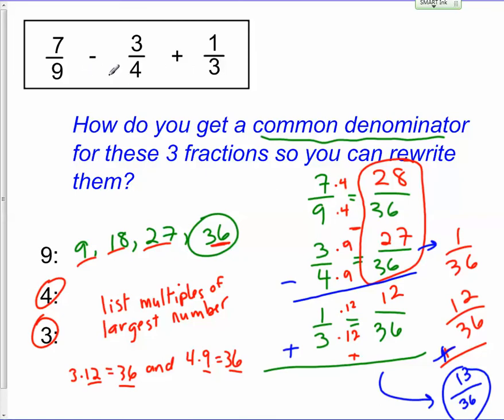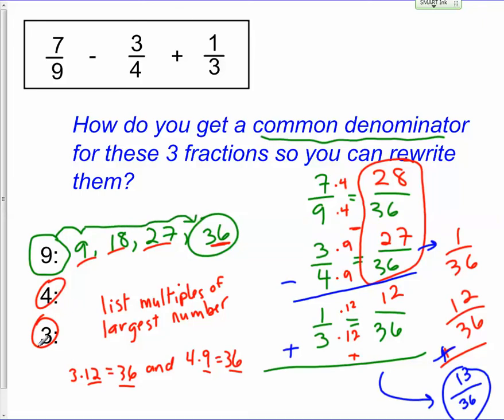So then we talked about if I've got these three different denominators, how do I get a common denominator for all three? I can list all of the multiples of 9 and 4 and 3 until I get the same number in both lists, but a shorter, much easier, much faster way is just start with the biggest number, 9. List the multiples of 9 until you find a multiple of 9 that is also a multiple of 4